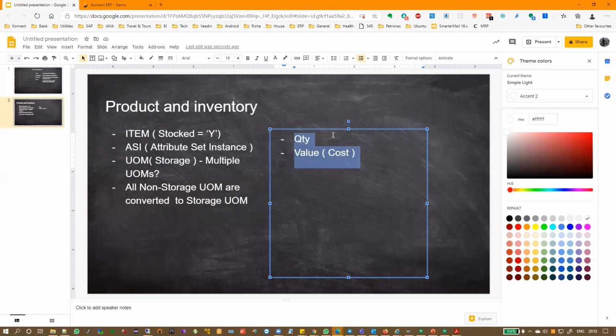What do you mean by that? That means all quantity tracking you can do using material transactions. Okay, but these material transactions will not carry any value. That means it will not show you the value at all.